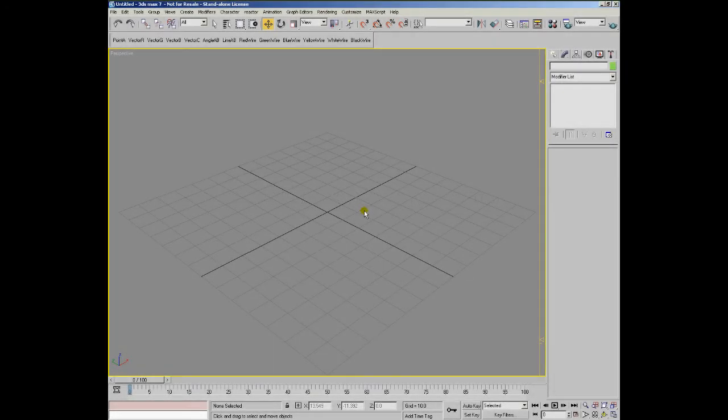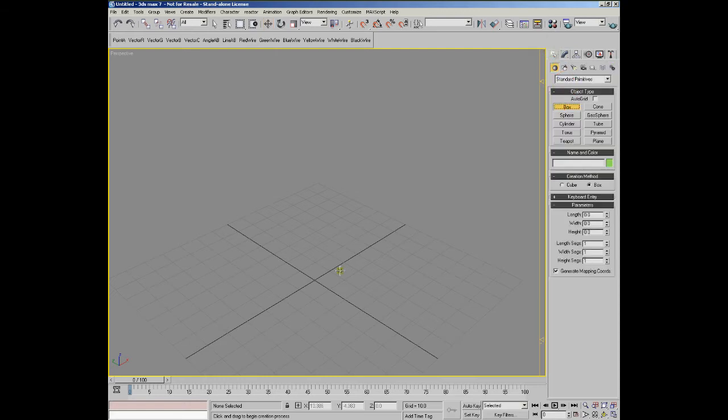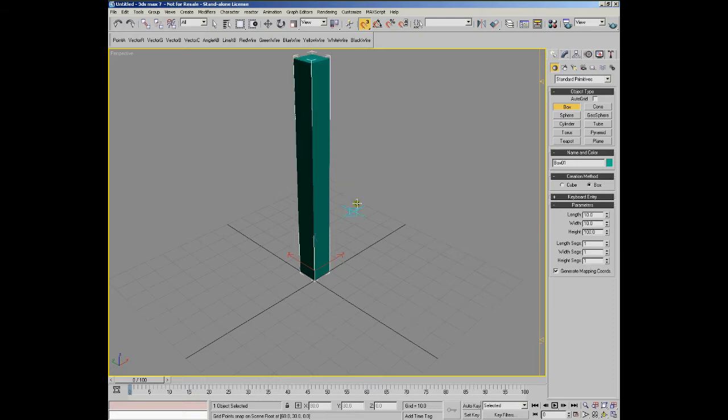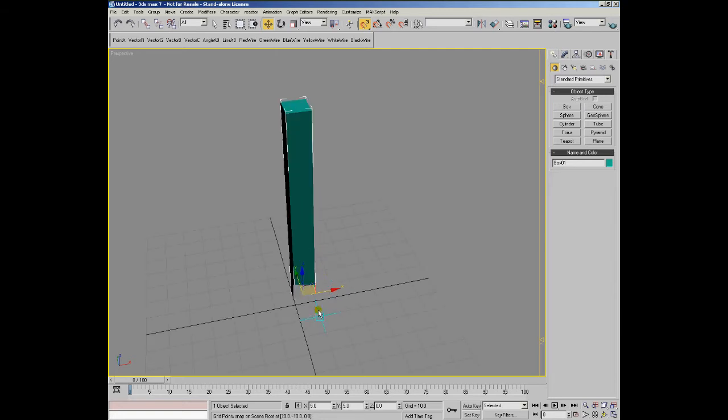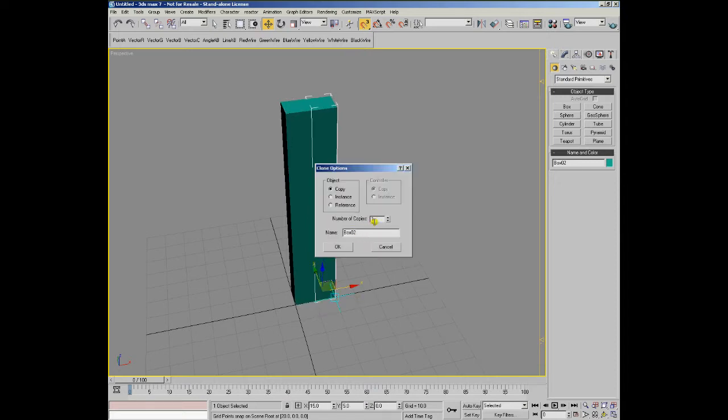Now let's see how the intersect ray function could be used to achieve a simple real-time collision detection effect. Let's first create a couple of objects. A box with a height of 100 units and a cross section of 10 by 10. Let's then create 9 copies